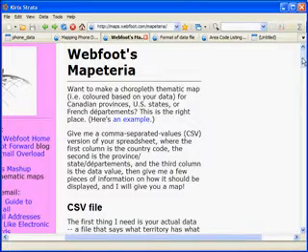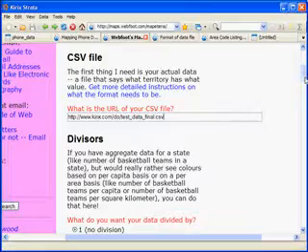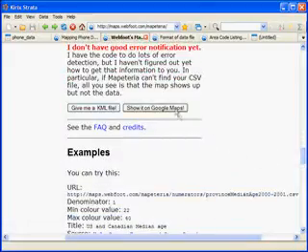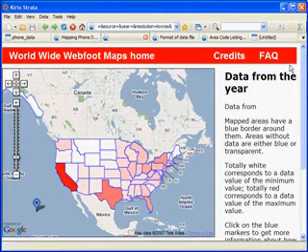Alright, now that the file is available, we'll create our visualization. First, we paste the URL for our CSV file into the box. And then we hit go. And up pops our map, which shows white for lower call volume and red for higher call volume. In this example, it looks like California was the most talkative state.